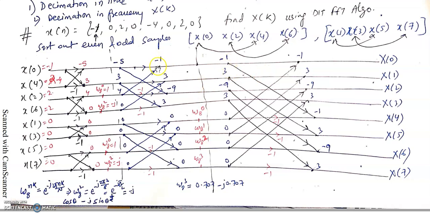Further, this -1 is traveled to this node, 3 is traveled to this node, -9 is traveled to this node, and you have to multiply 0 with this, so ultimately 0, 0, 0. And similarly, what you have done, this 2 to 2 pair is there. Similarly, here a 4 to 4 pair is there. First is paired with fifth one, second is paired with sixth one, third is paired with seventh one, and fourth is paired with eighth one. Similarly, what you have done in the first stage, this is 1 to 1 pairing.